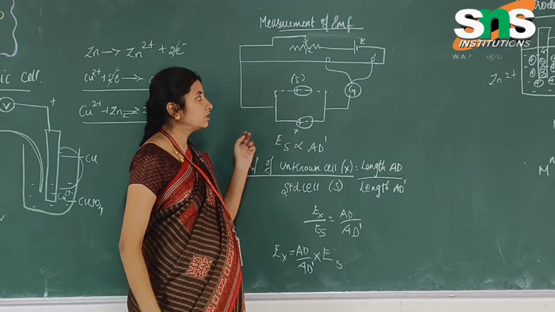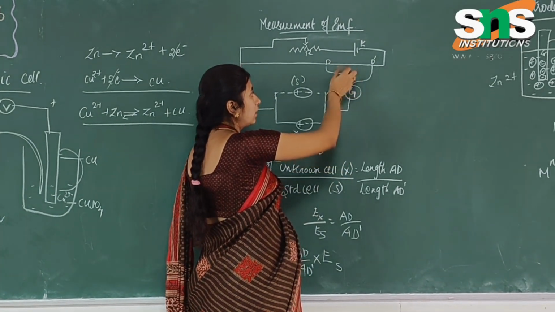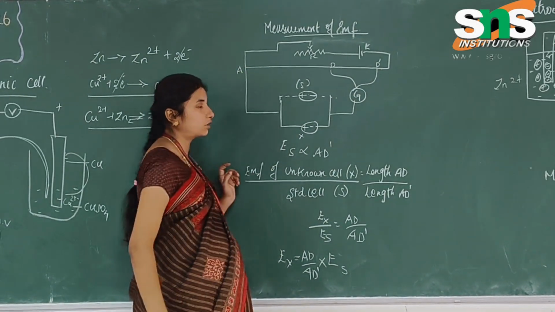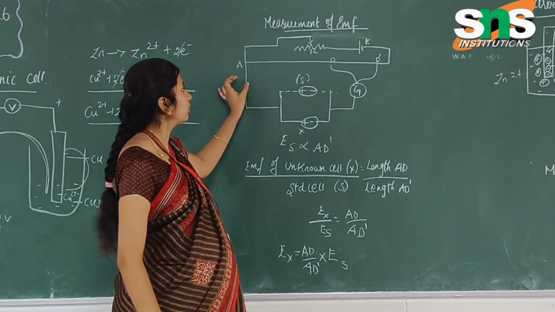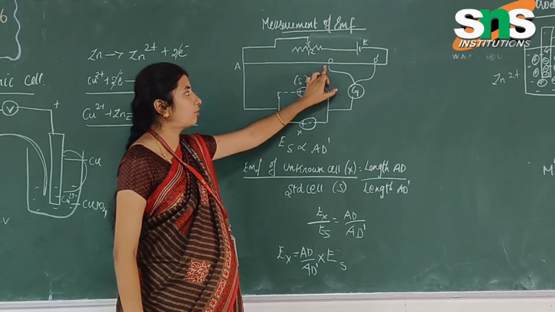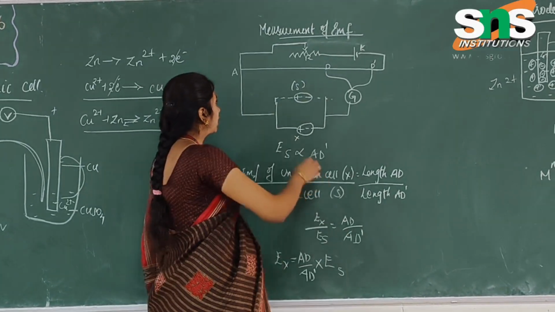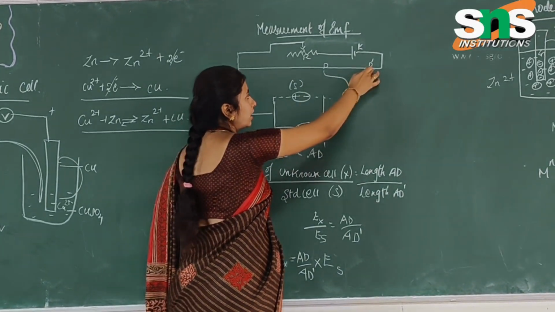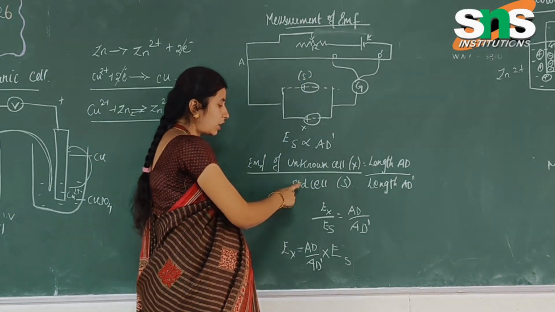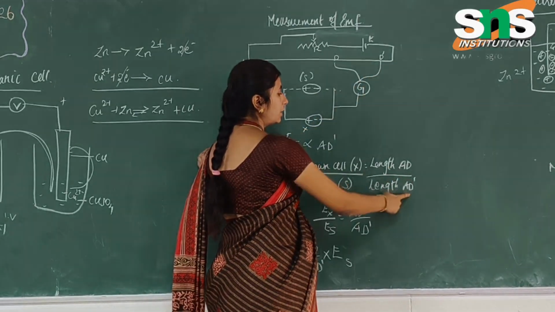The G, which connects with this galvanometer, needs to be connected to the known and the unknown solution. Whenever the known solution is connected, the balance point on the potentiometer wire is found at length AD. With the unknown solution, we get the value AD dash. So we can measure the readings from A to D for the known solution, and for the unknown solution A to AD dash.